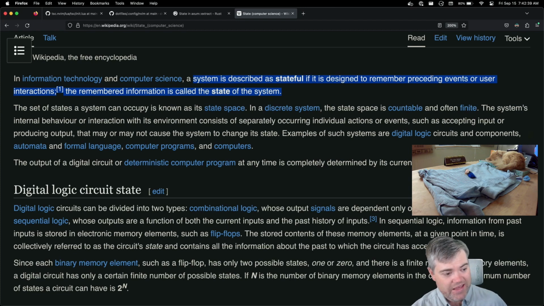Okay, so it gets interesting in Rust because there is that panic macro. The panic macro is supposed to terminate the program.